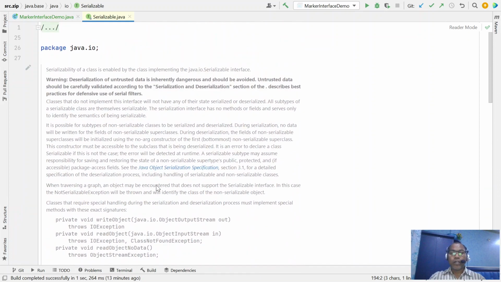So what does the marker interface do? A class that does not implement this interface will not have any specific state to serialize and deserialize. In simple terms, whenever you are going to serialize or deserialize an object, that object should implement the Serializable interface, right? If not, your compiler does not serialize your object.